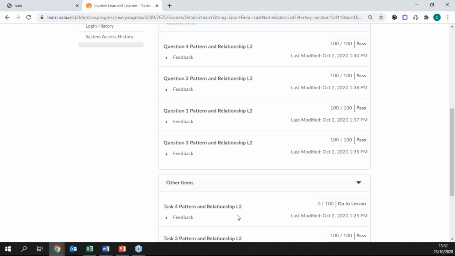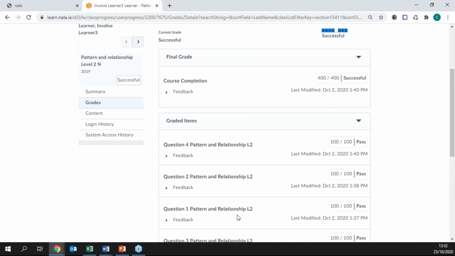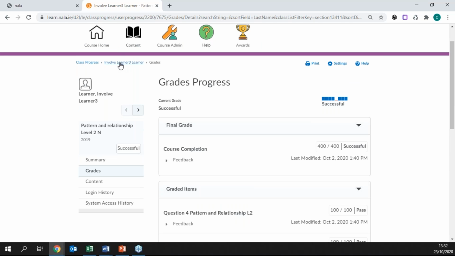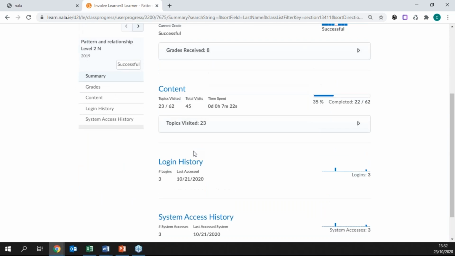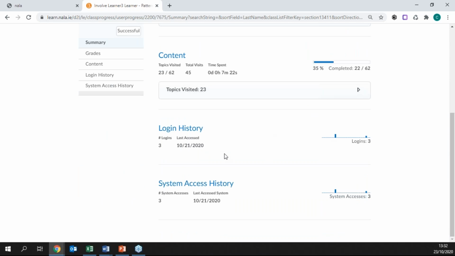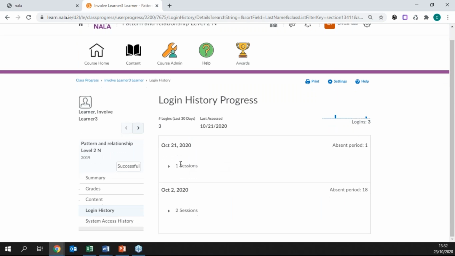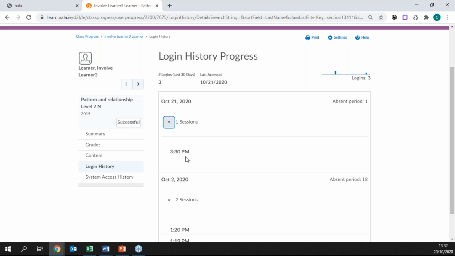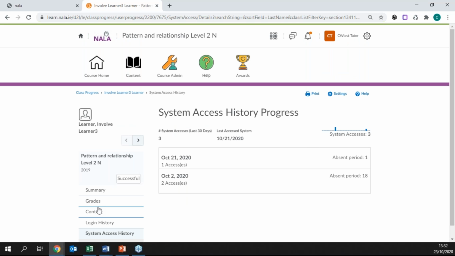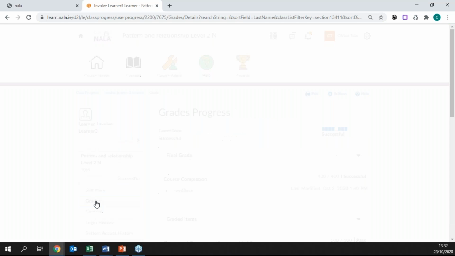The goal, if they want to get through the complete course, is to get that end test to appear, and that's what that learner had to do to get the end test to appear. So if I click just back there again, just to say the other things that you can see in here which might be interesting is you can see the login history. So you can see how many sessions they've had, when they've logged into it, when they've accessed the system as well. Okay, and then for the grades,